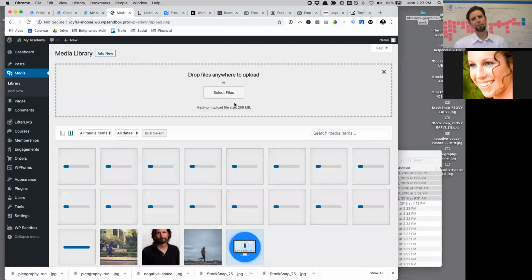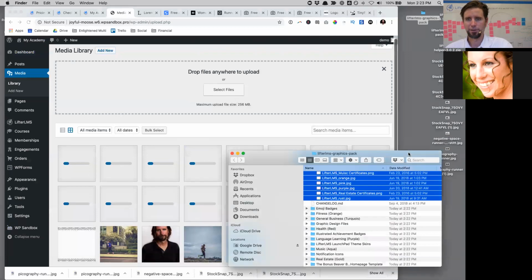So let's say I'm giving a certification for completing the program. I can have dynamically generated certificates for that. So I'm just uploading those. While those are uploading,